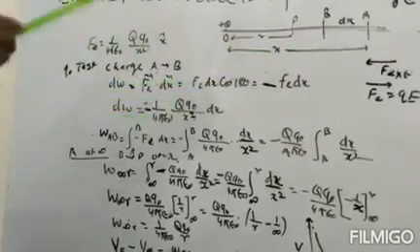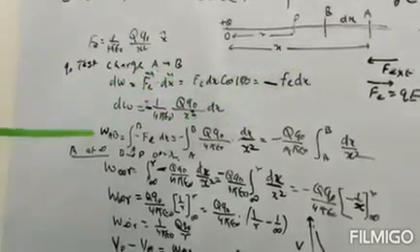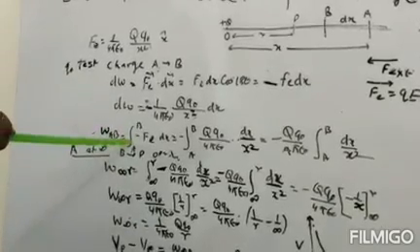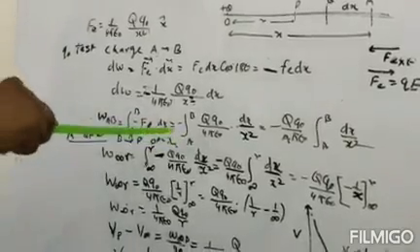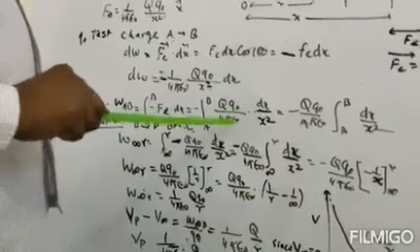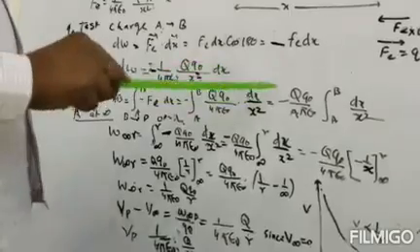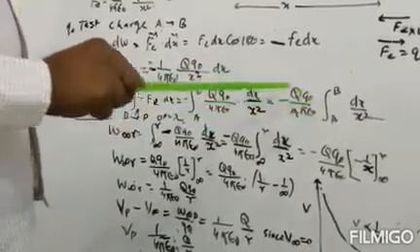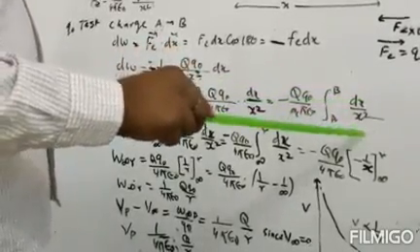So we take the total integration so that we get the work. The work done from A to B will be equal to integral A to B of minus F dx, which will be equal to minus integral A to B of Q into Q0 divided by 4 pi epsilon 0, dx divided by x square. We can take this outside, so this will be equal to minus capital Q into Q0 divided by 4 pi epsilon 0 with the negative sign, integral A to B of dx divided by x square.